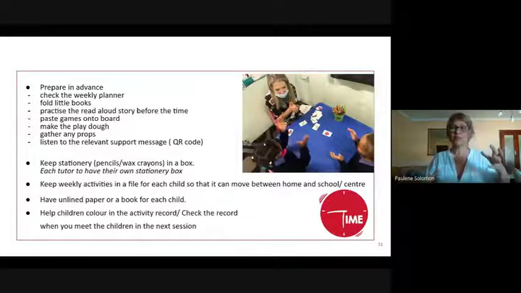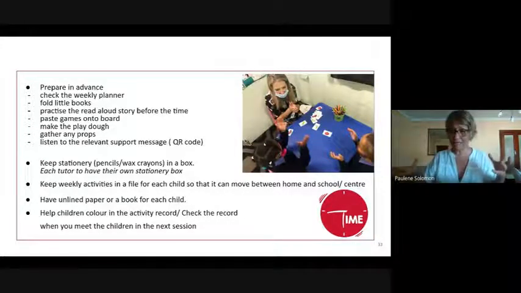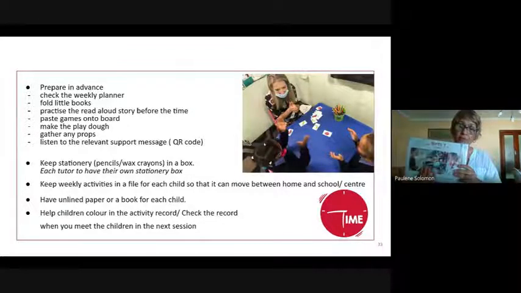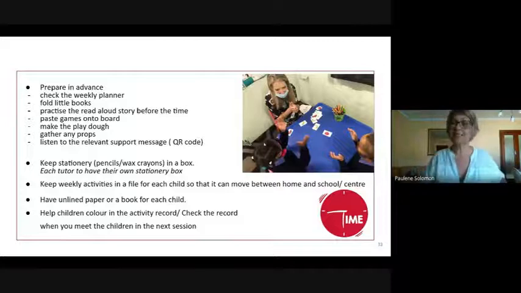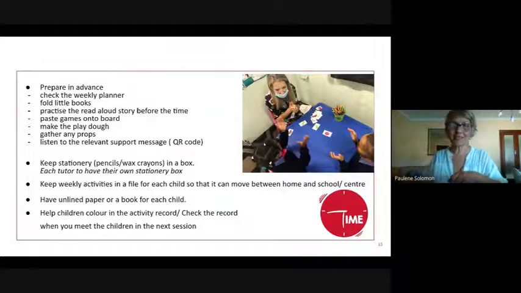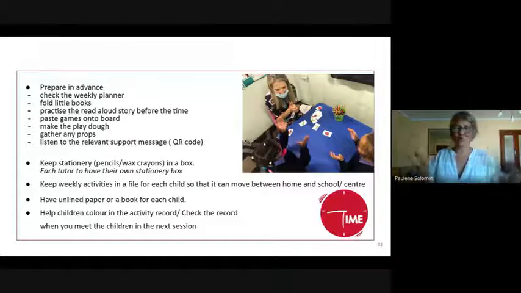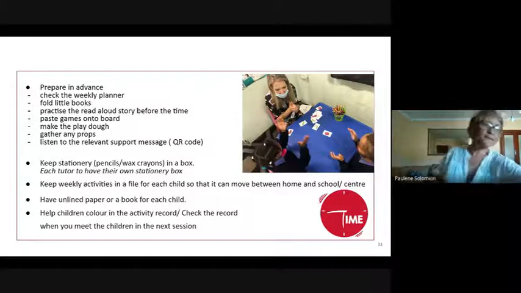Also, as we said, we would encourage that you work with them on some activities with you and some at home. The best way to do it is probably to have a kind of file where you keep just that week. We really don't encourage you to send the whole pack home. So that week's materials are in a file, and it moves between you and the home with the activity record in it, so that you can color in what you've done, it goes home, and the parents can color in what's done at home. And it creates a nice link between the home and what's happening with you and the teacher in the class.